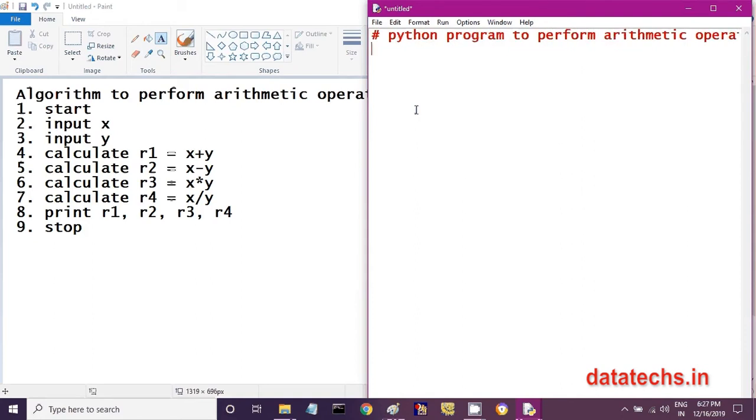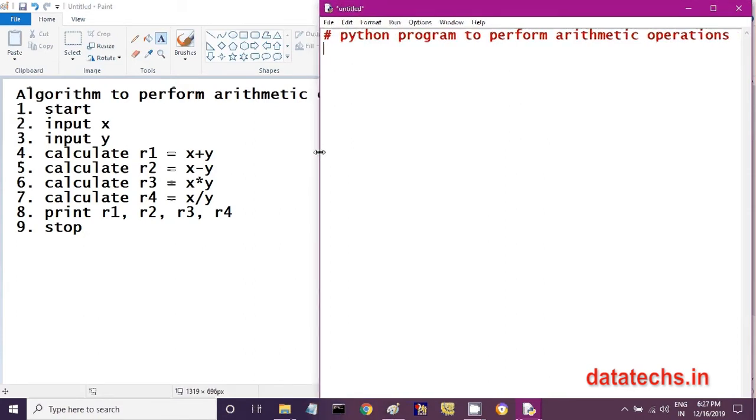So for this purpose we are writing the program. Now first step we will not show in the program. Second step, input x, I have to accept x value from the keyboard. So for this purpose I have to write something like this.